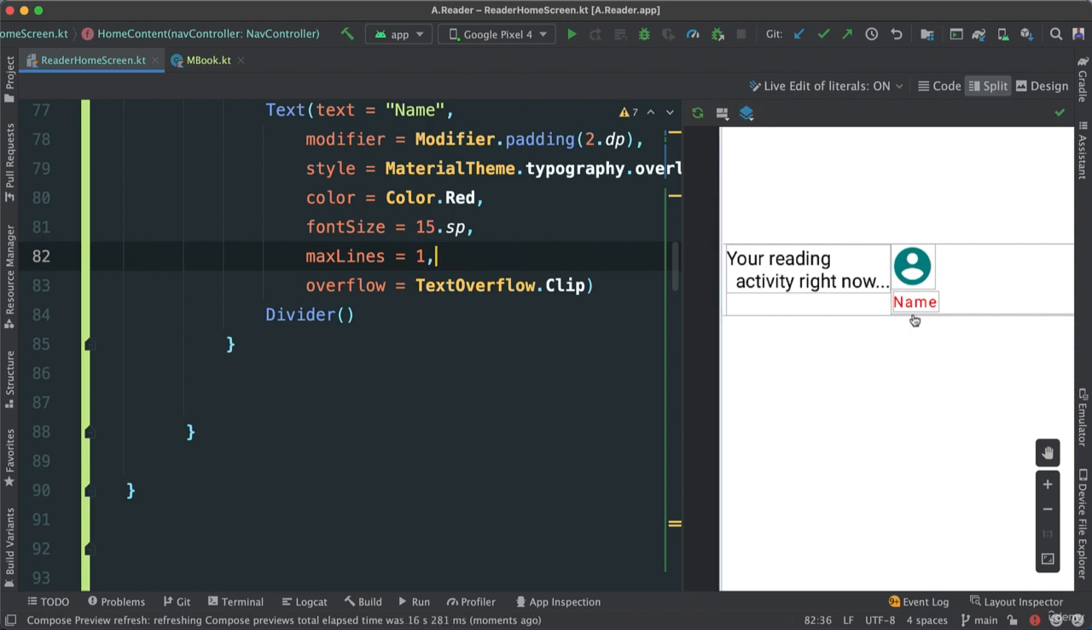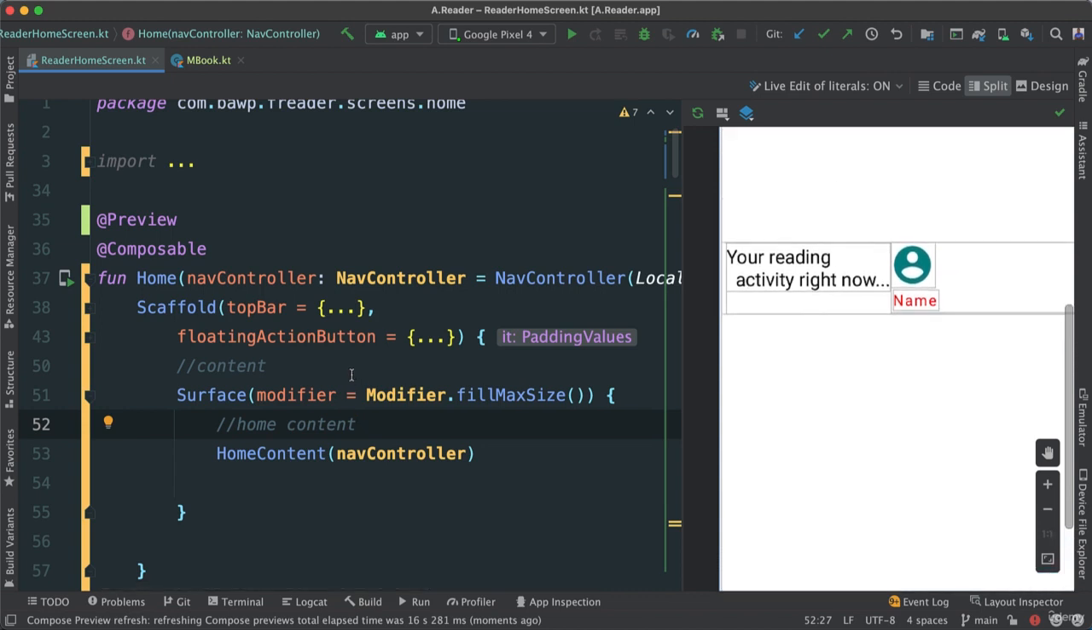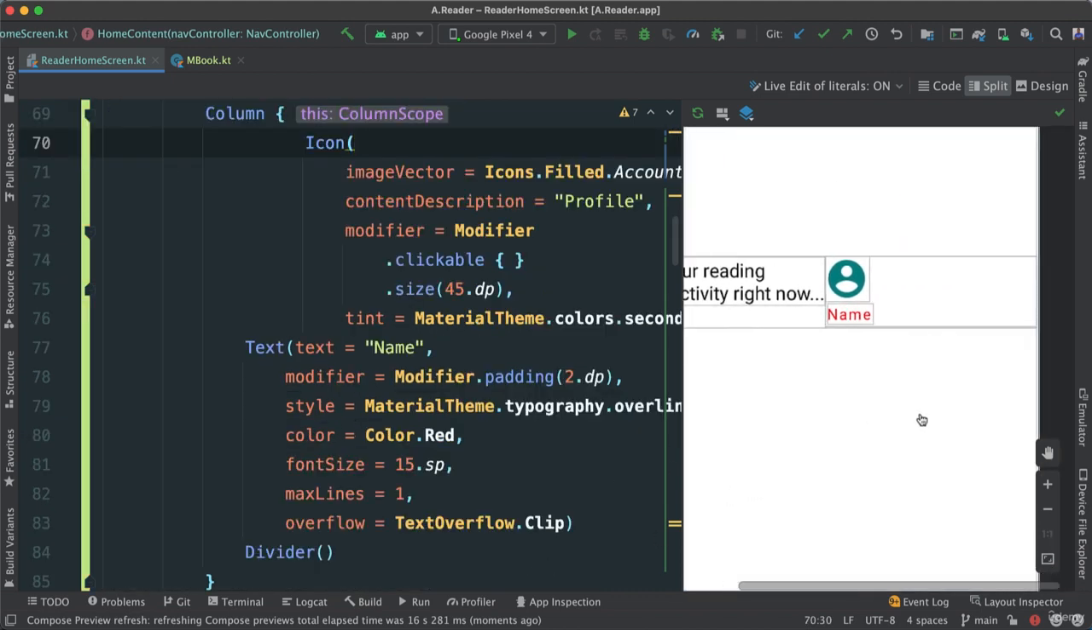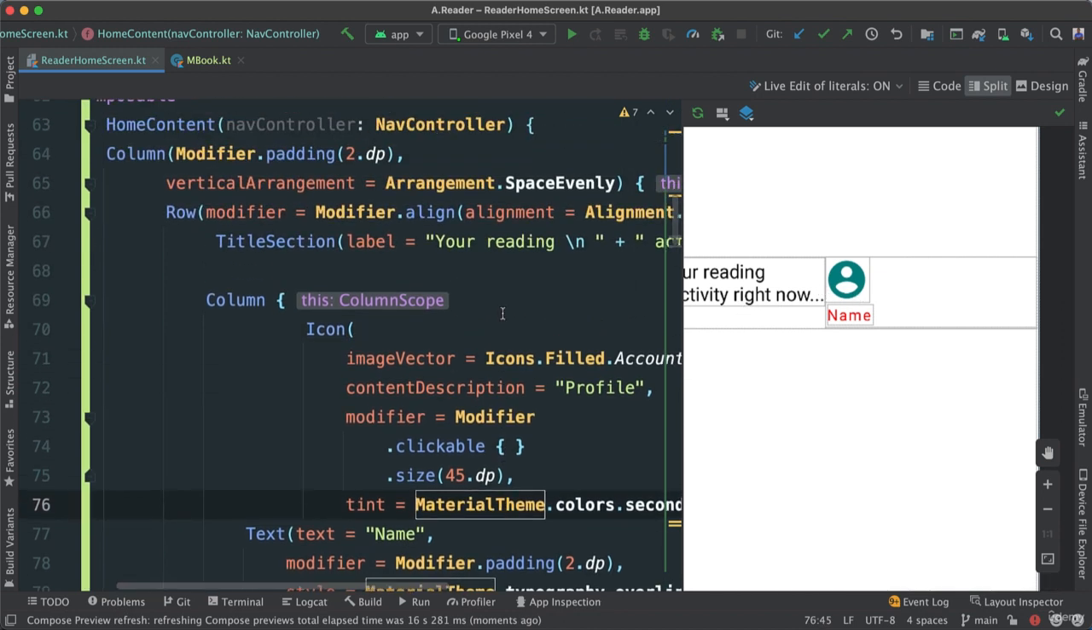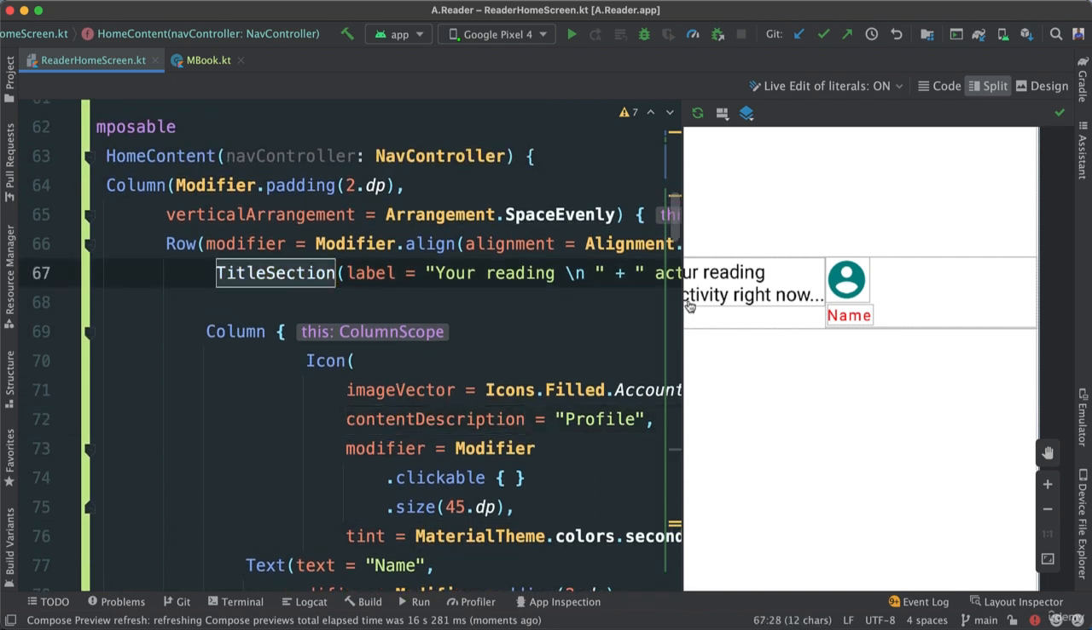Okay, so it's starting to look okay. And let's see, go back here. Very good. But what we really want, we don't want this. We want to give some sort of space between these two. There are different ways to do this. What I'm going to do is add a spacer between the section title and this column where we have the icon and name. So we can come right here